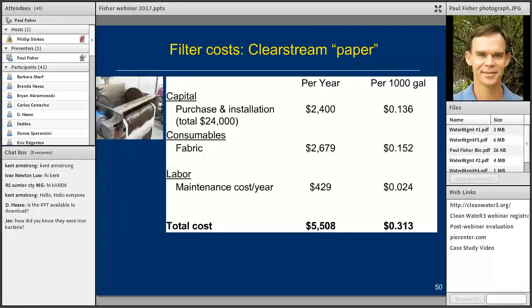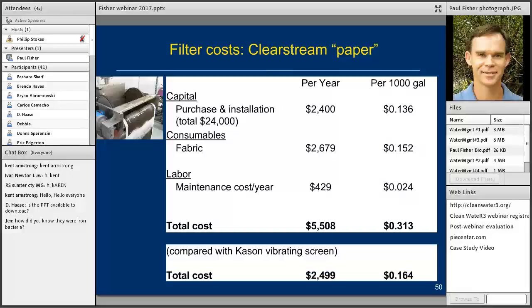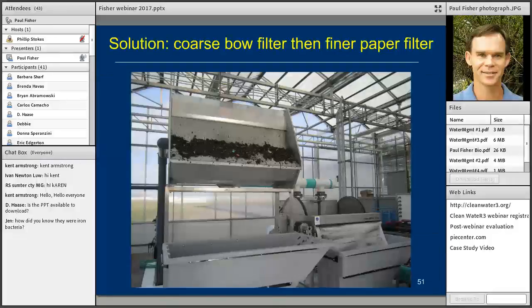With the Clearstream paper, a lot of the cost was in the paper itself. You see the fabric and the consumables. So the cost was about twice as much for the Clearstream paper. So clearly it would be better to use the vibrating screen cheaper filter as the first stage before we go into